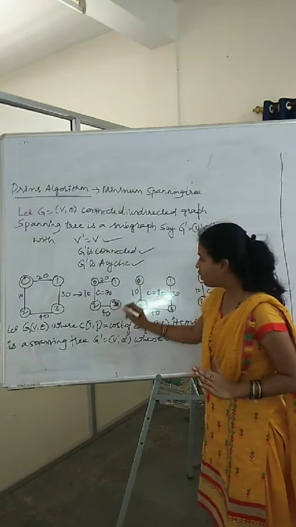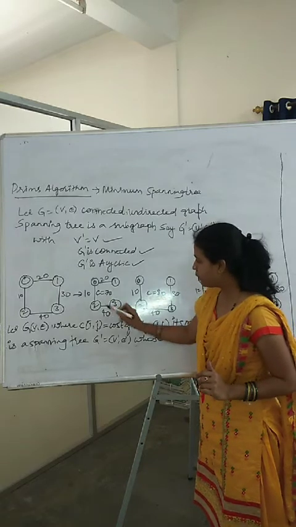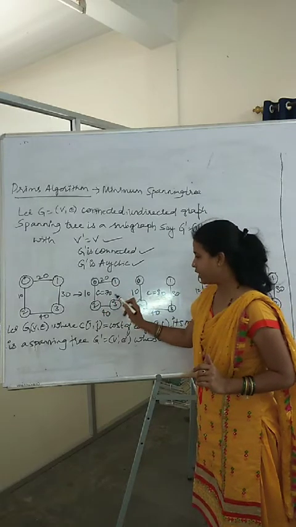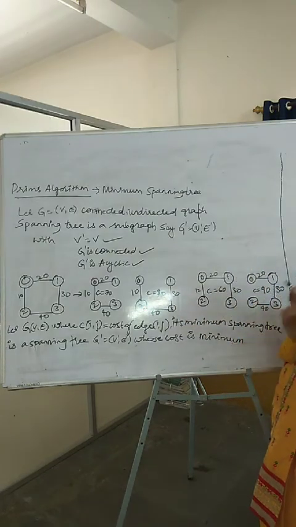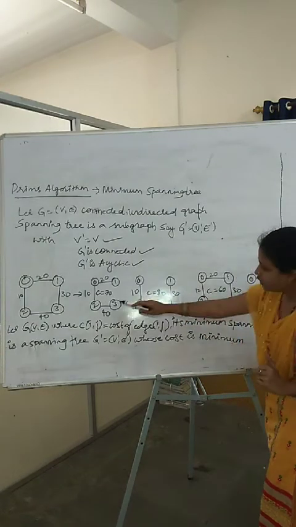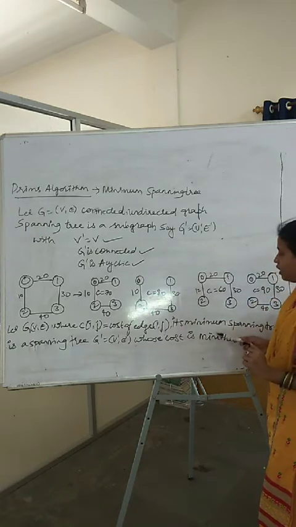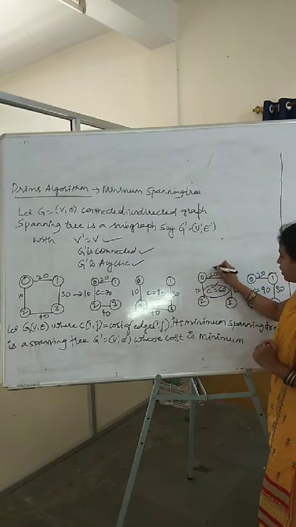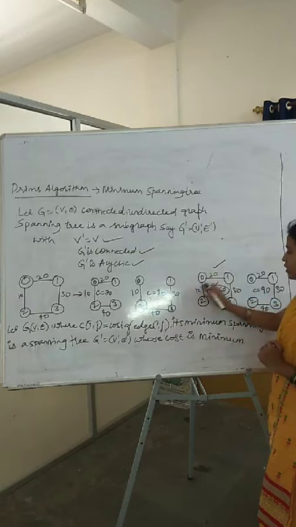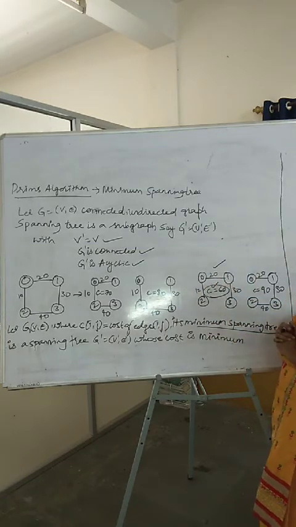Now for this graph, what is its cost? C means cost. Its cost is 70. See, 40 plus 10, 50 plus 20, 70. Its cost is 80. Its cost is 60 and its cost is 90 here. Among these, the one which has the minimum cost, 60, is the minimum among all the costs. So this spanning tree is called a minimum spanning tree.